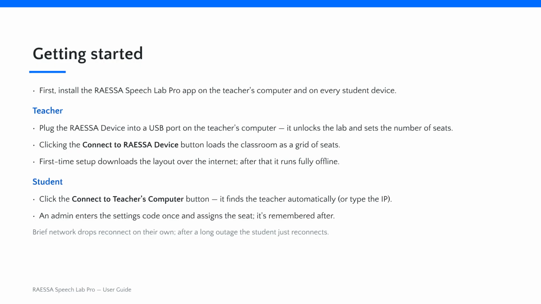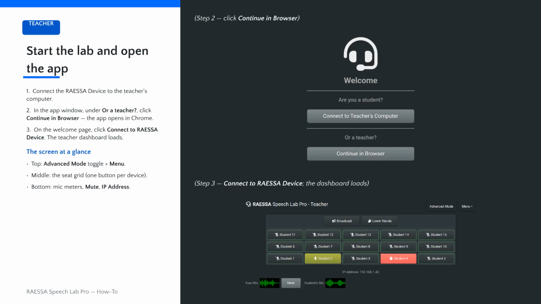Getting started is straightforward. Install the app on all devices, plug the Raeesa device into the teacher's computer to unlock the lab, and connect. Once initially set up via the internet, the system operates fully offline, with students automatically reconnecting to the teacher's computer. To begin, connect your Raeesa device and follow the prompts in the app to open the